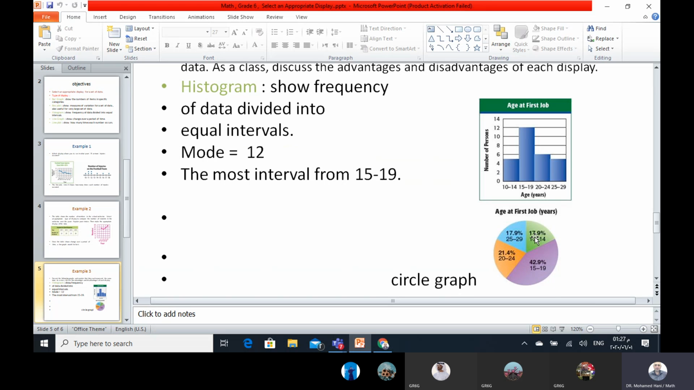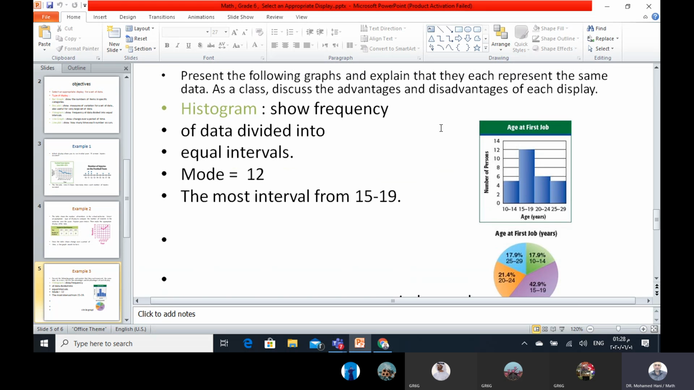As you see here, we have 17.9% from 10 to 14. Here we have 42.9% from 15 to 19, etc. But the histogram shows me the frequency. Here it shows me the percent, here it shows me the frequency. So what is the best? For this example, the best is the histogram because I want to show the frequency. The more data, the more